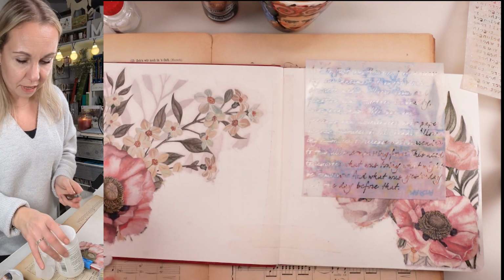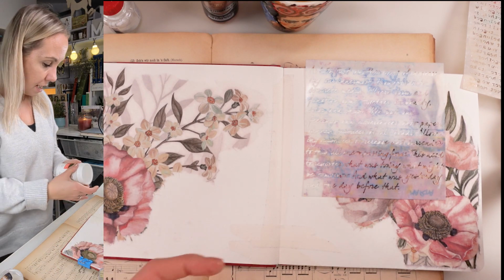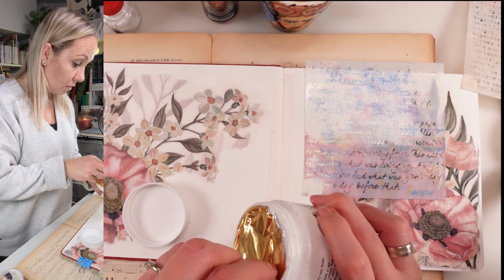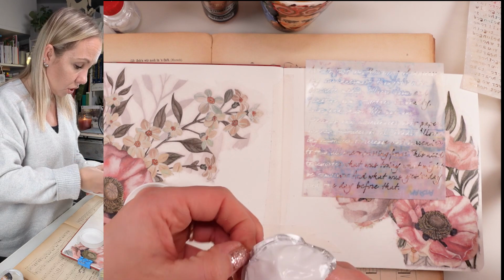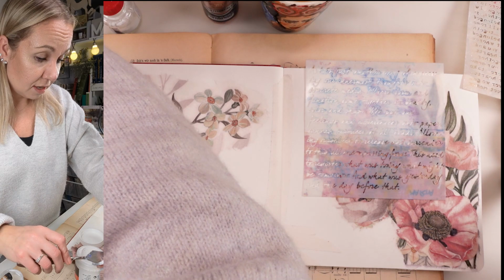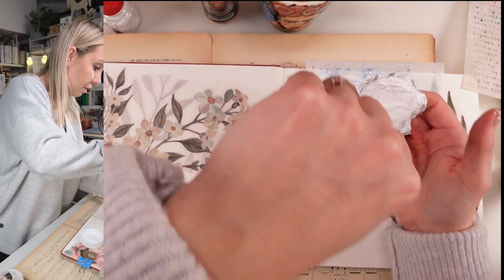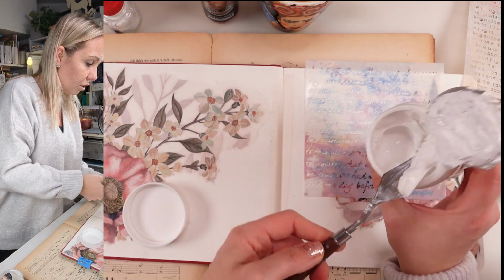Now, I have a paste, flexible modeling paste. I don't think I've used it before. Doesn't look like it. Or maybe I did. Maybe I gently did. Once or twice. I can't even remember. So let's grab some of that. Hopefully this will work magic for our